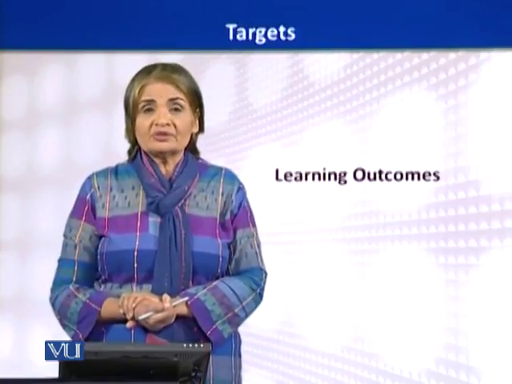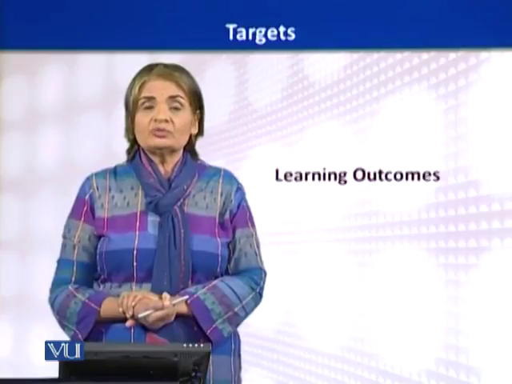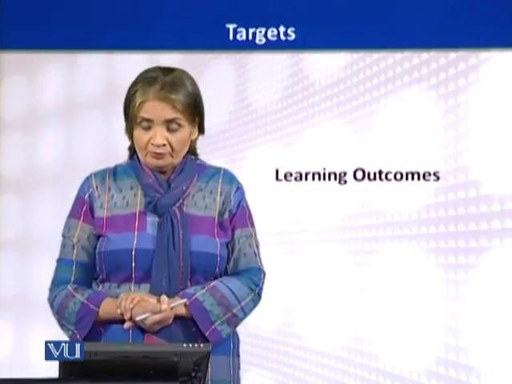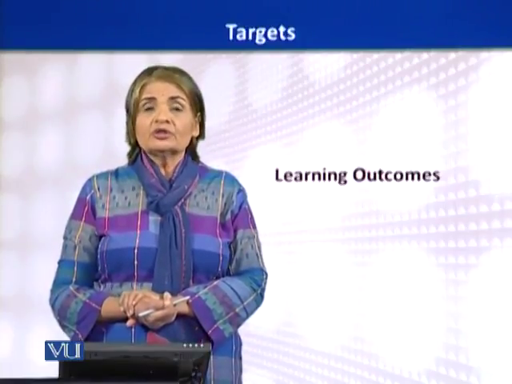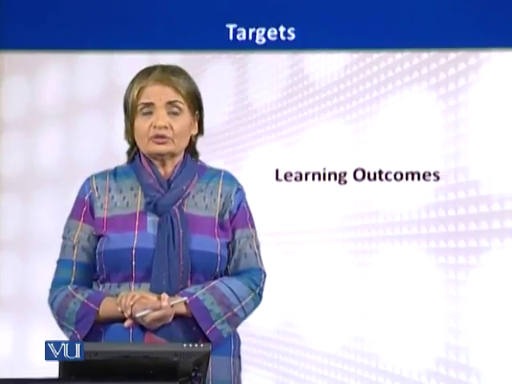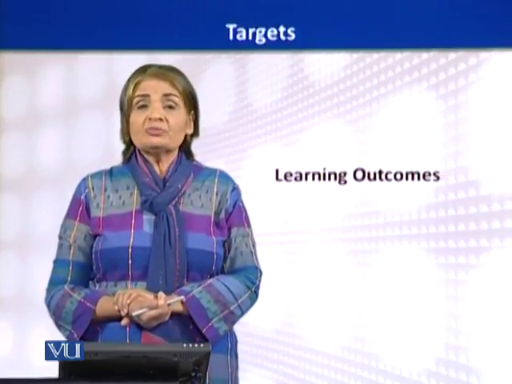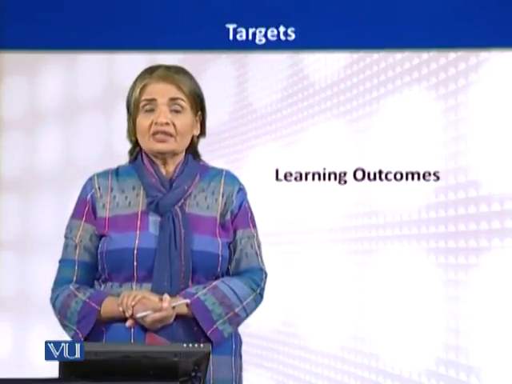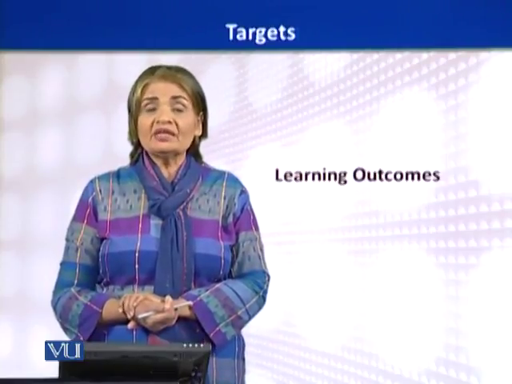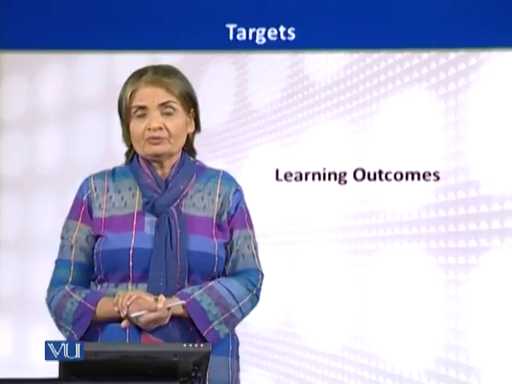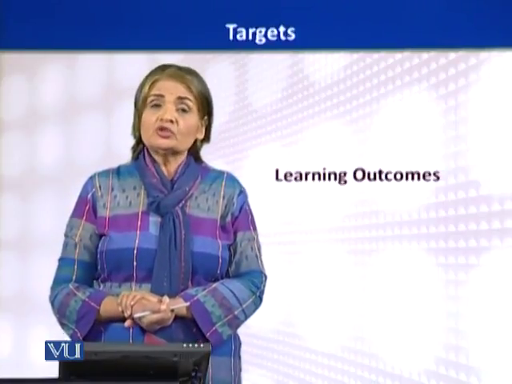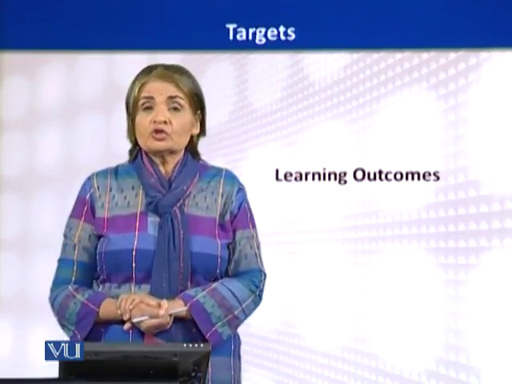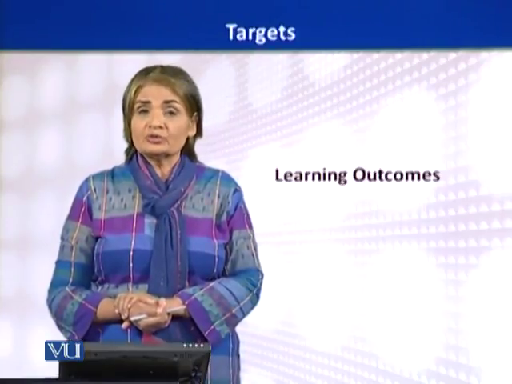So the learning outcomes that the teacher targets have to be differentiated according to the levels of the students. The learning outcomes are also the behavioral learning outcomes. For example, the teacher may have a learning outcome that by the end of this lesson, she would be able to make her learners work together, especially in a situation where she notices that there is a lack of spirit and teamwork in the class. So maybe this could be one of her learning outcomes.